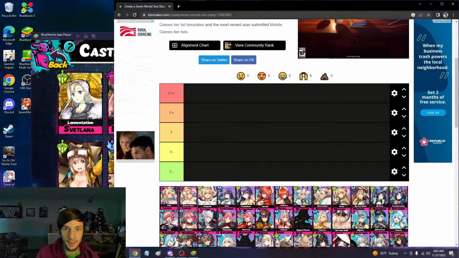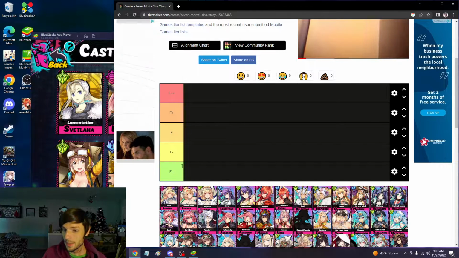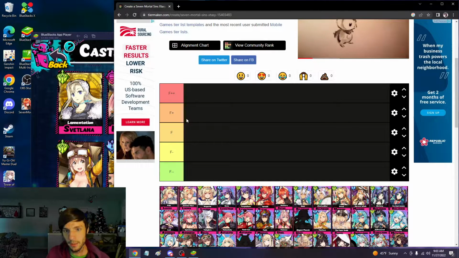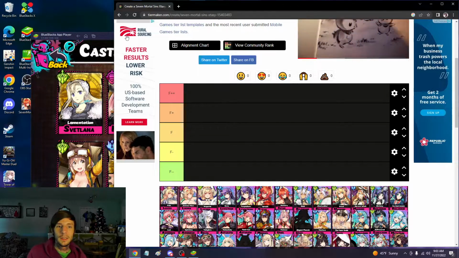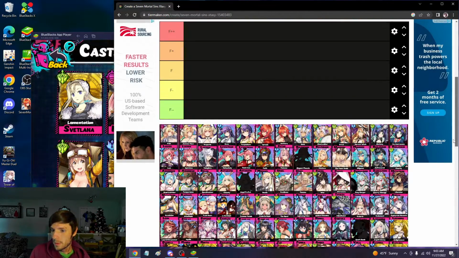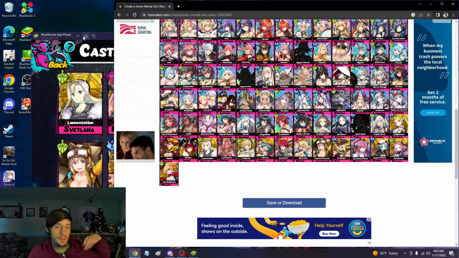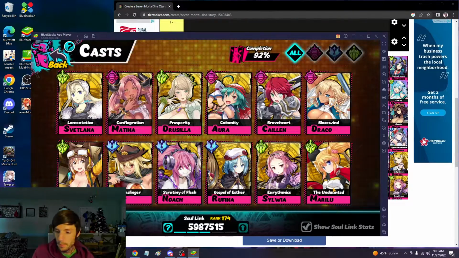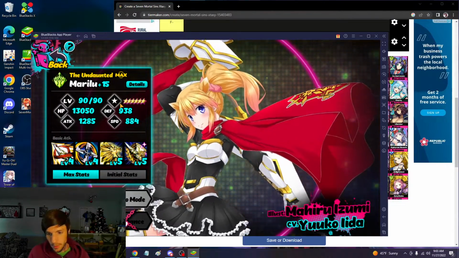But I got F minus for the especially bad ones, F for the averagely bad ones, F plus for the slightly better than the bad ones, and then F plus plus for the best of the worst. So what we're going to do is jump in and take a look at their kits, so I can help explain why they are where they are. Starting with Marilu. So we're going to look at plus 15, even though